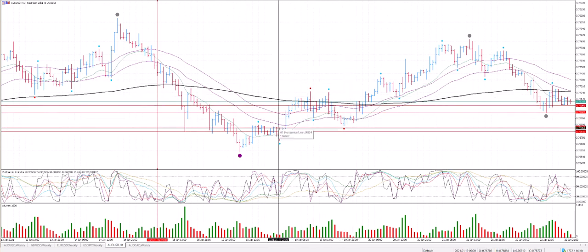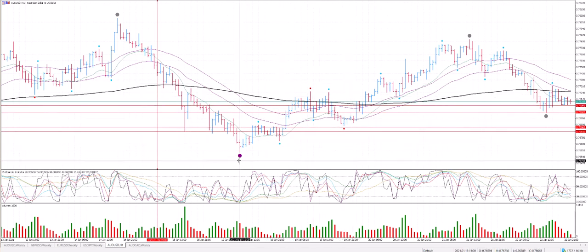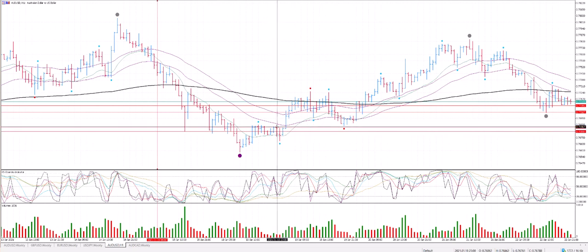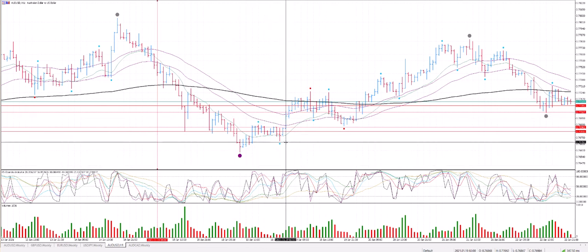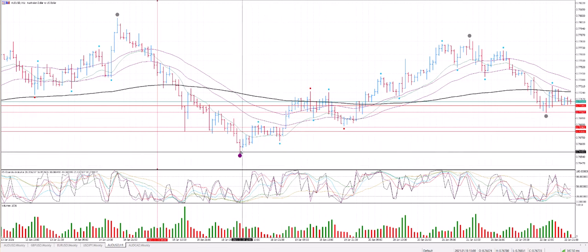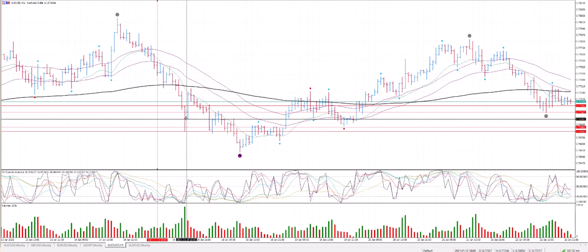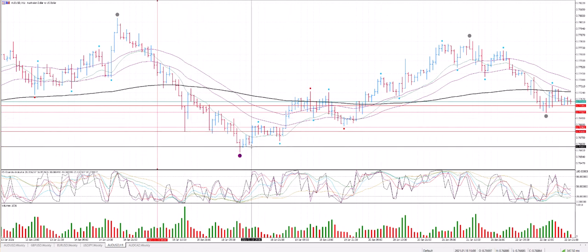So your entry should be here, and you can put your stop loss here or here, wherever you want. Based on that, your money management will guide you on how big your lot size will be. But this is the pattern we are looking for on all time frames. We start with the daily time frame, look for the blue semaphore, and try to find the 1, 2, 3 pattern on the H1 with low volume testing from the highest volume, and this is how you can get the confirmation that the market is ready to